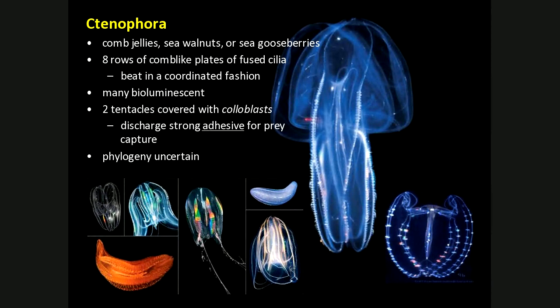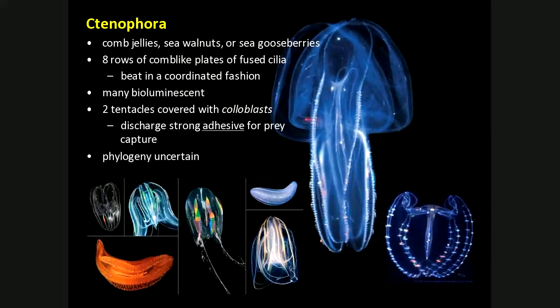So when these comb-like plates of cilia fuse, they beat in a wave, like if you've ever been to a football game, right? And everybody does the wave. These waves are moving this organism, but these comb-like cilia have these bioluminescent bacteria in them. And I don't know if I've told you before, but bioluminescent bacteria bioluminesce when they're agitated, and beating them around would cause them to agitate. So when these fused cilia beat, the bacteria get agitated and they glow blues and reds and all different kinds of colors.